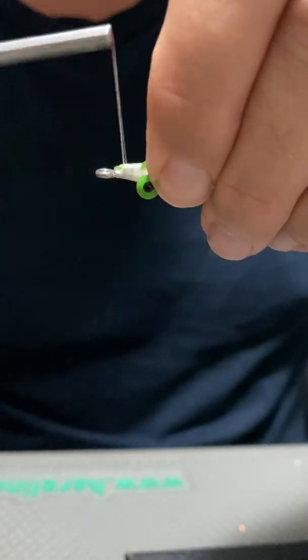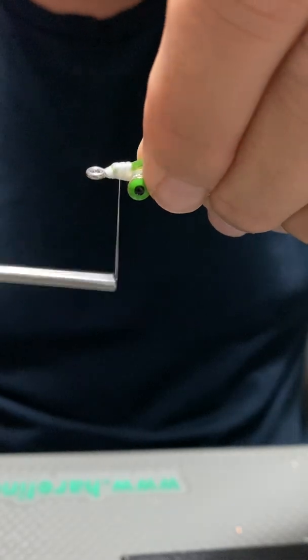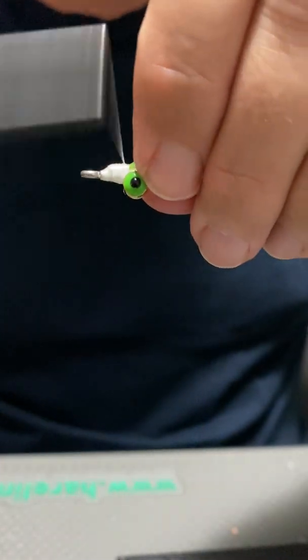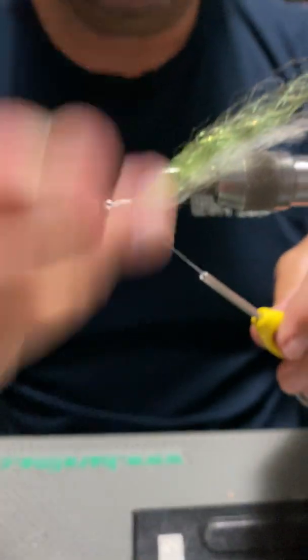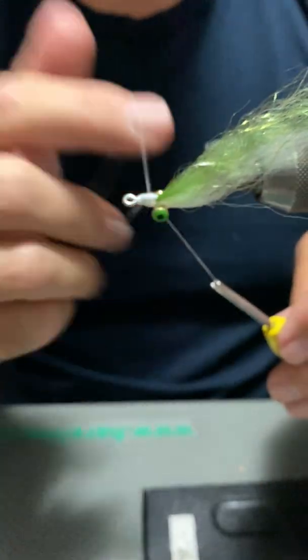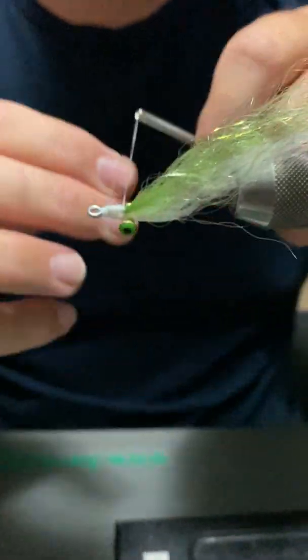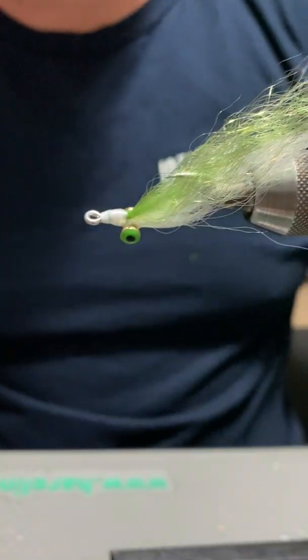And then at this point, we're going to start to build a little bullet head shape for the front of the fly with your thread. And then what we'll do is we'll actually finish this fly off with another coating of UV resin. Okay. So we're ready for a couple of whip finishes. So I'll whip finish with my fingers, which you may not do. You can use a whip finishing tool for this process, but I would always put in 2 whip finishes. Clip that thread off,